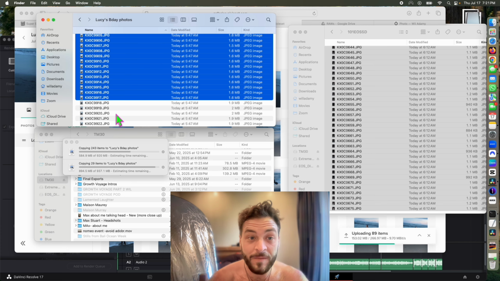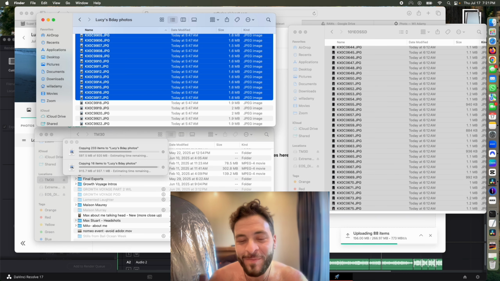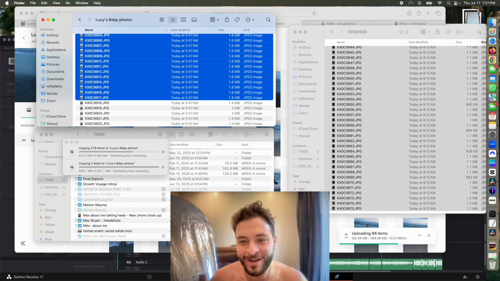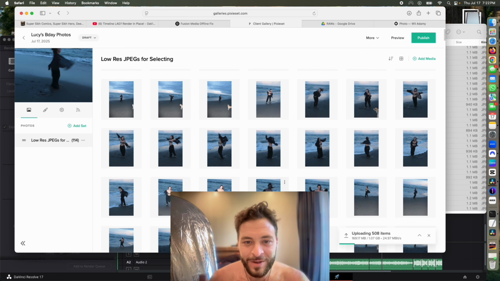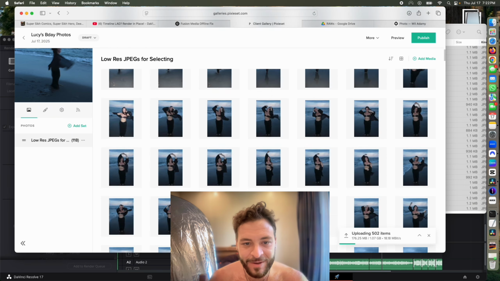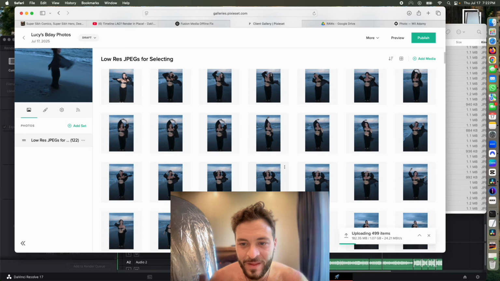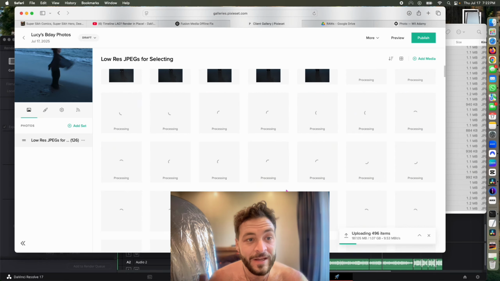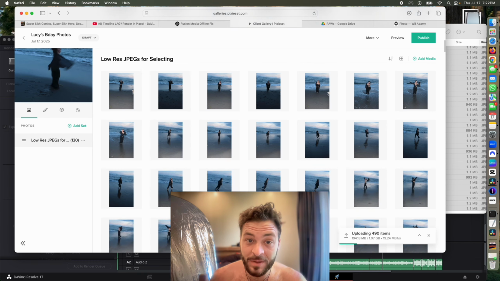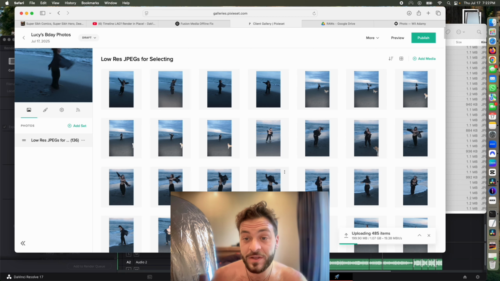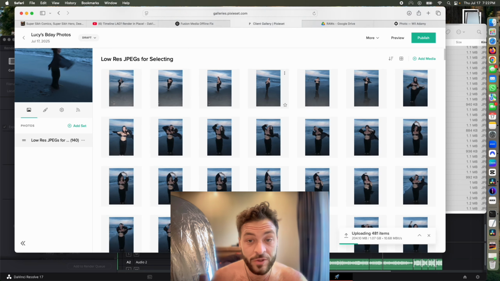So yeah, I was waiting for the photos to upload from my memory card. It took a little while, and then before you know it, we have a beautiful gallery. And I think PixieSet's only $20 a month for a certain amount of space. There is a free version up to a certain amount of gigs, so if you just want to do a